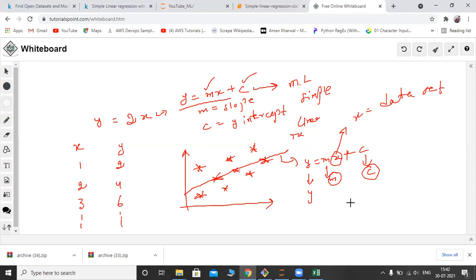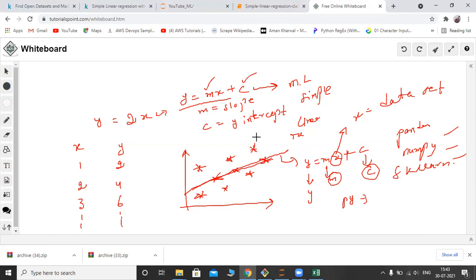Even if you are not a mathematics student, just concentrate on Python programming and some libraries called Pandas, NumPy, and sklearn. If you do not have a mathematical background, just concentrate on how to use these libraries effectively. By using these libraries effectively, I'm going to show this line equation, the predicted line equation. So let us start now.